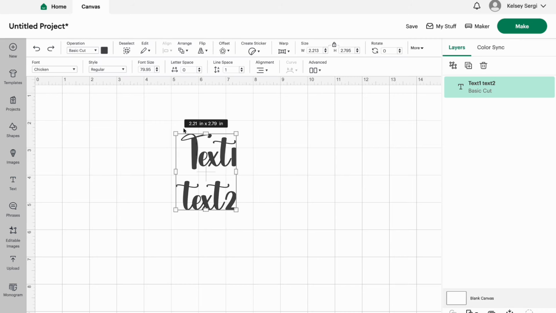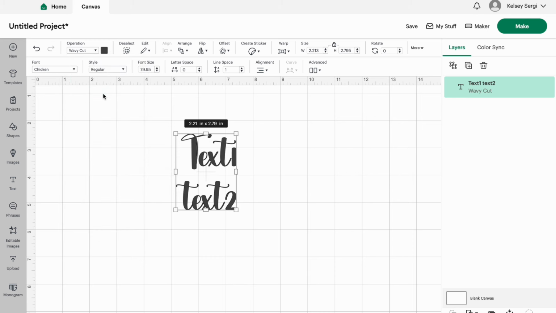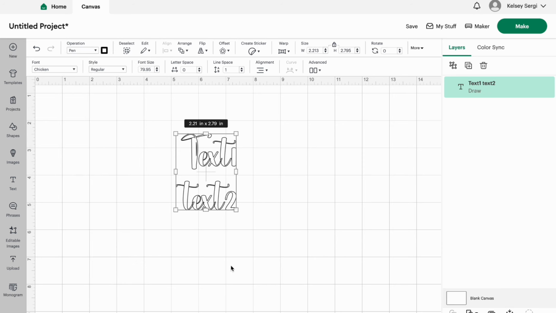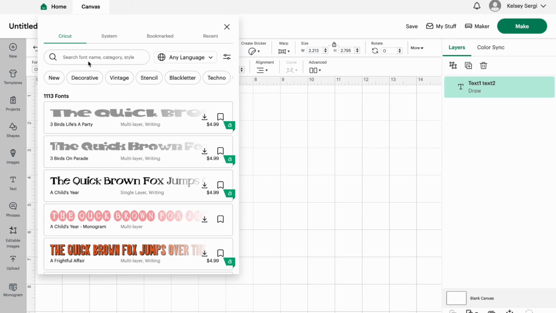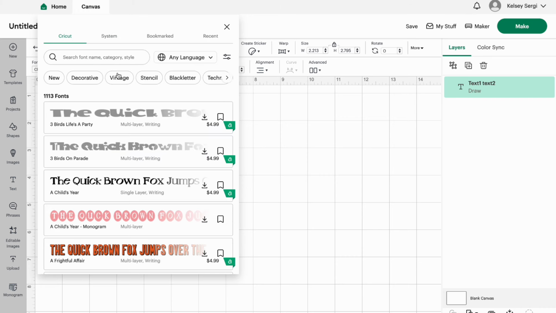Now, right now we are in basic cut up top. I'm in my Maker, so your drop down might look different if you have an Explorer, Avenger, a Joy, okay? This is where you can change all your different stuff. Wavy cut, perforated cut. This depends on your blades, your pens. Now, text that looks like this is going to be an outline. There are free fonts, and I'll have them linked below, that are writing fonts, and Cricut has writing fonts as well. So if you go to this right here,